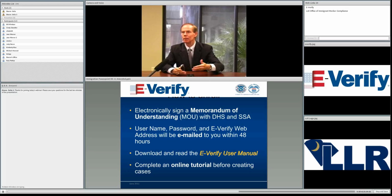That's to keep an employer, again, from straying into a discriminatory practice where they would be picking and choosing based on accents. So anyway, you agree to comply with E-Verify rules, and then you get a password and an E-Verify web address and username. You download and read the E-Verify user manual,